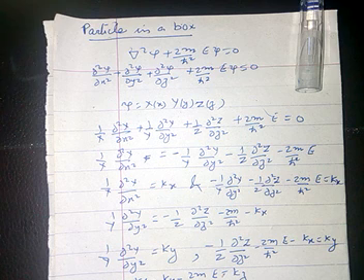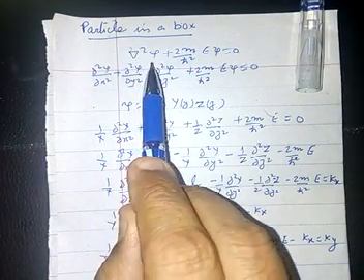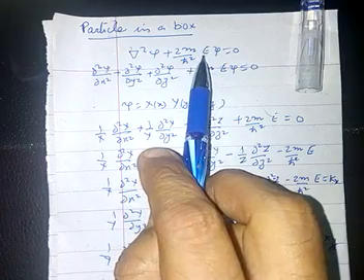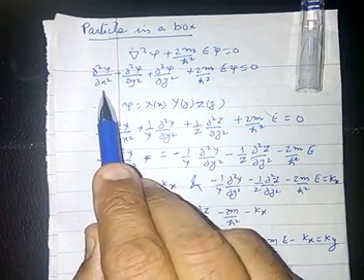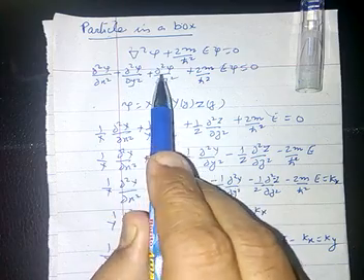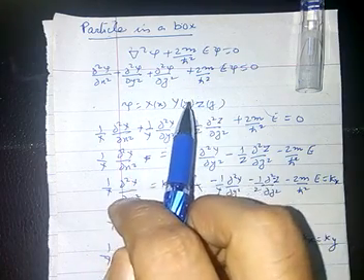If m is the mass of the particle and E is its total energy, the Schrodinger wave equation for the case under consideration may be written as del squared psi plus 2m upon h cross squared times E psi equals 0. Or in Cartesian coordinates we can write it as del squared psi upon del x squared plus del squared psi upon del y squared plus del squared psi upon del z squared plus 2m upon h cross squared E psi equals 0.